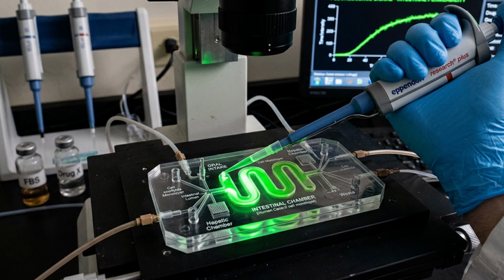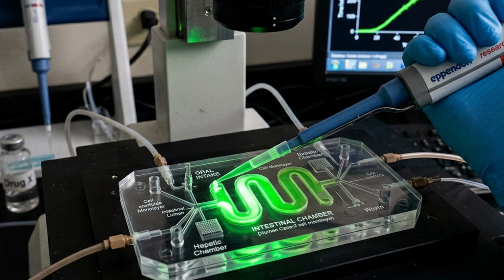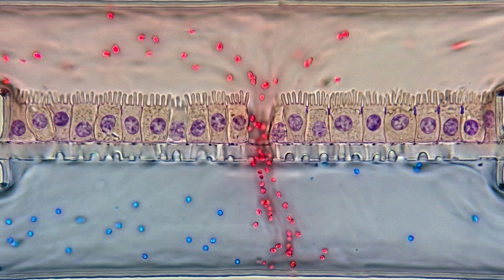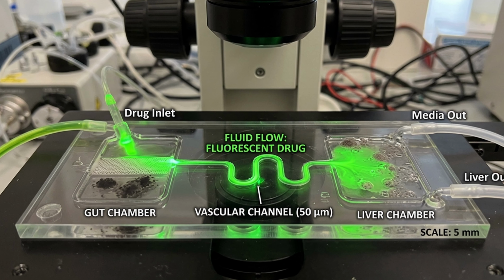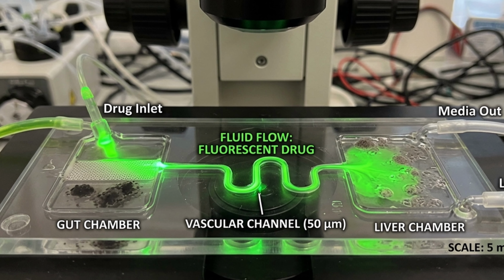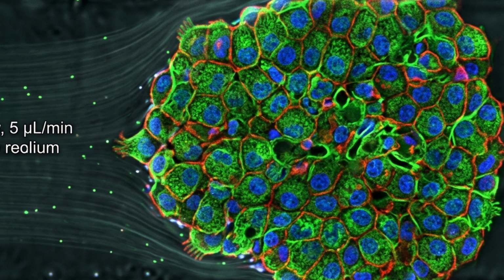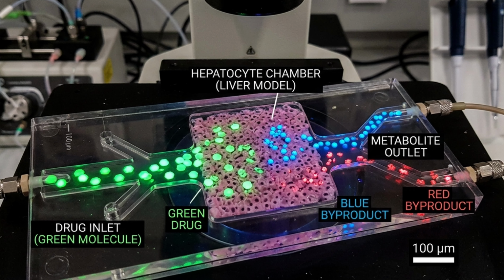In these highly complex microphysiological systems, an orally administered pharmaceutical compound is first introduced to the intestinal epithelial module, where its initial absorption and potential efflux are modeled. The permeated drug is then transported via vascular microchannels to the hepatic module, closely mimicking the physiological portal vein circulation. Within the liver compartment, cultured hepatocytes perform first-pass metabolism, potentially altering the drug into its active therapeutic metabolites or generating